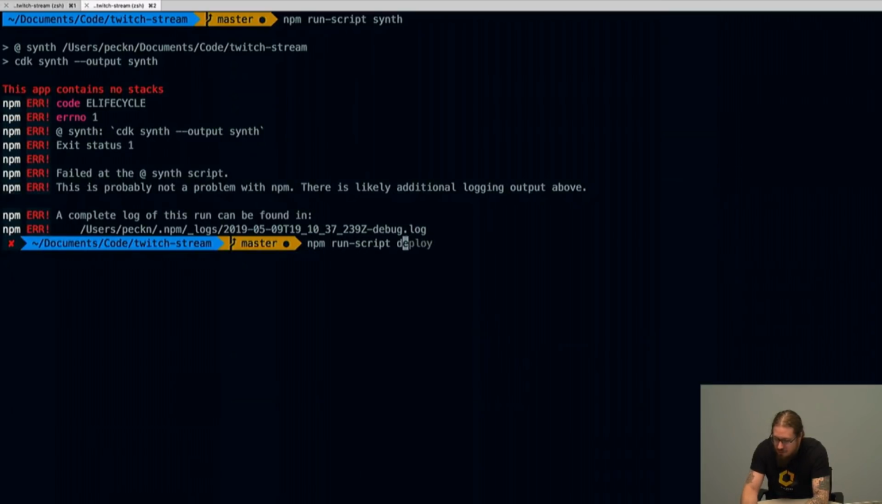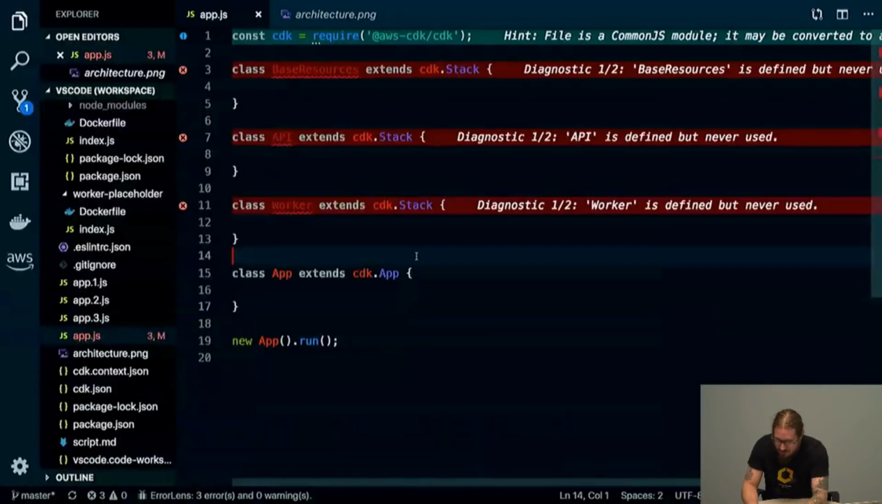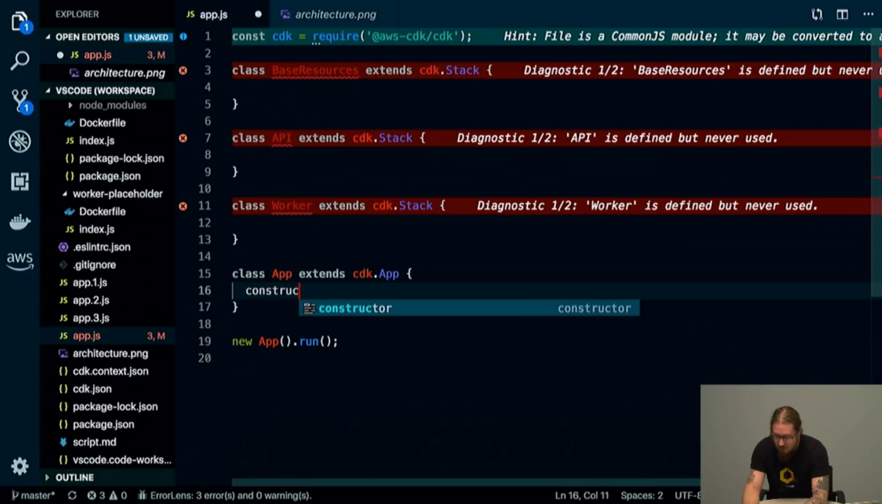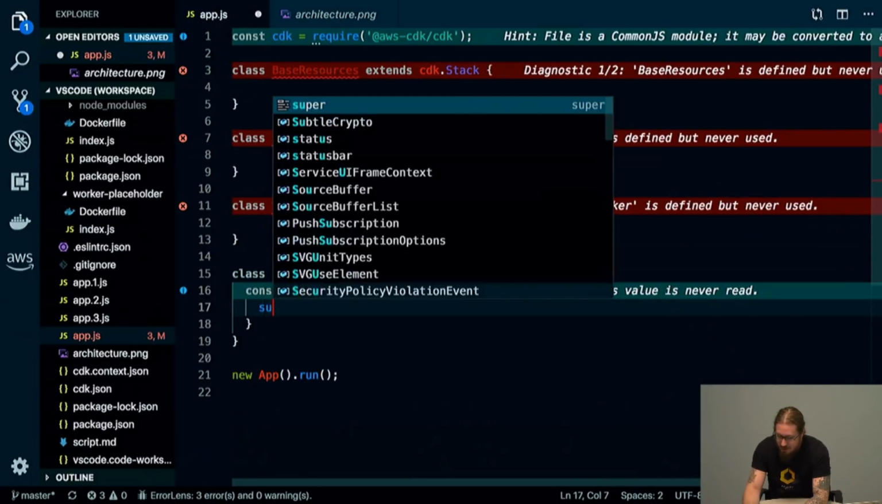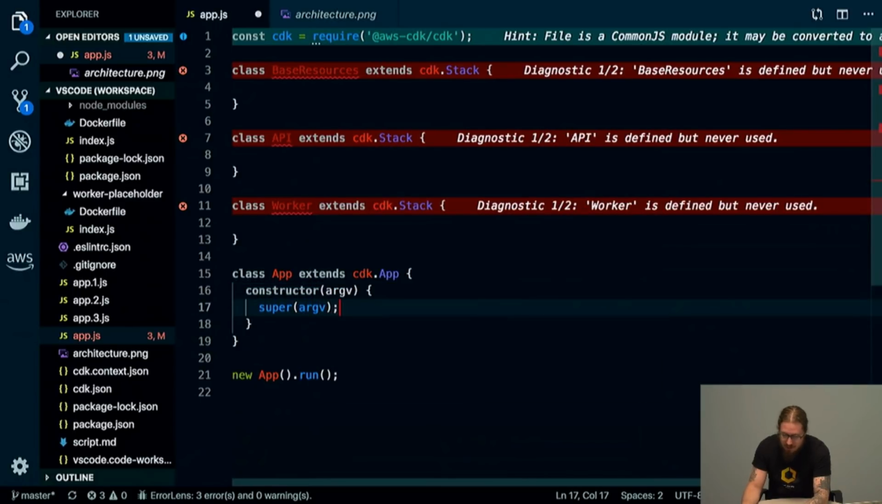npm run script play. Okay, so this app contains no stacks. Obviously there's no stacks in this application yet, and I need to add them to my app. The way I do that is I utilize the constructor of the application class. The first thing I need to do is use super to pass the arguments down to the CDK code